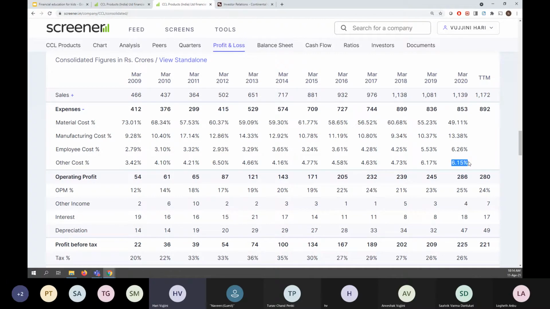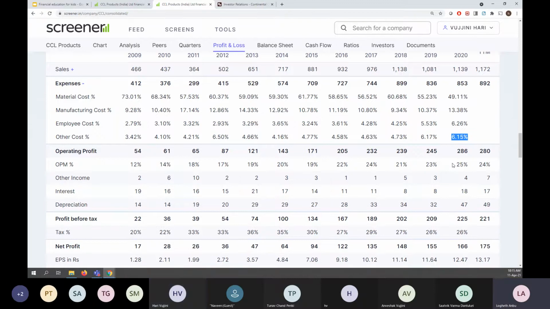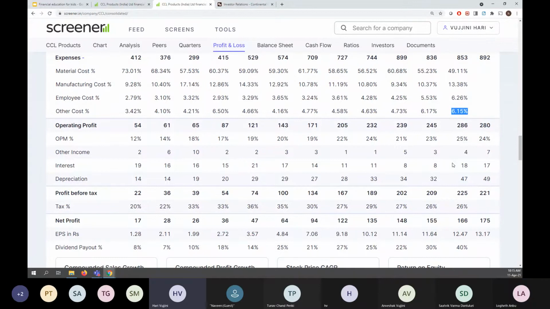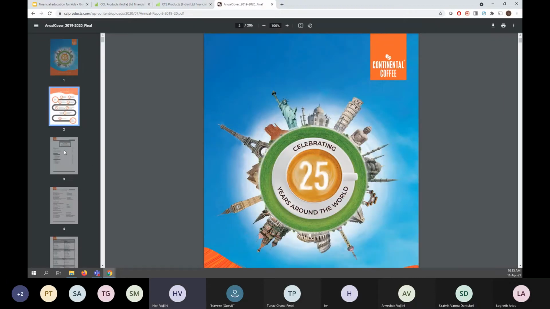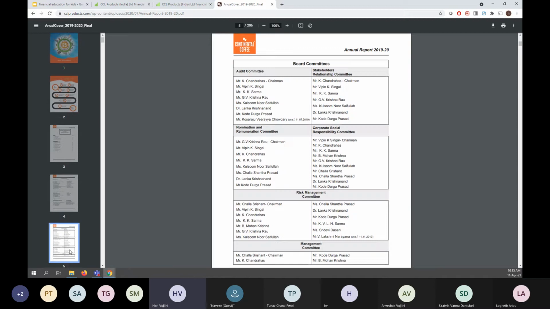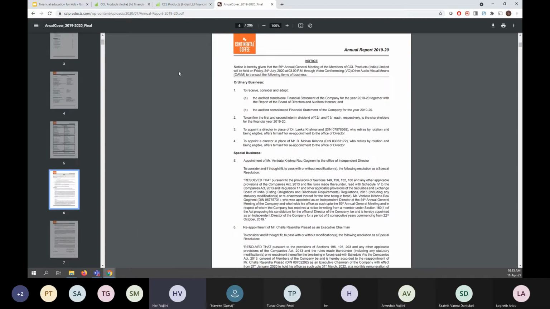Other costs could be, you know, power and something. We could get it from the annual report. If you want to understand what this other cost is, they must have described it in the annual report. What about the advertisements? Yeah, advertisements should be under maybe other costs. That's a good question. So we should look at the annual report. So let me see here in this annual report. You should be able to find it in detail if you want to know how much money they are spending for advertisement.